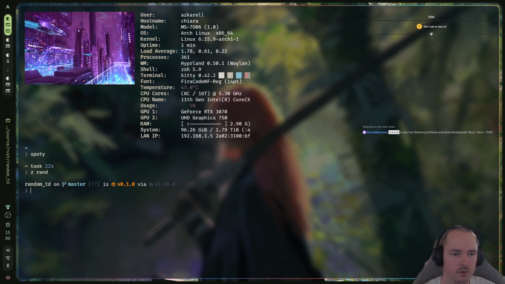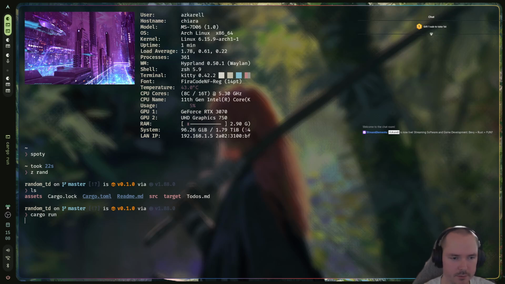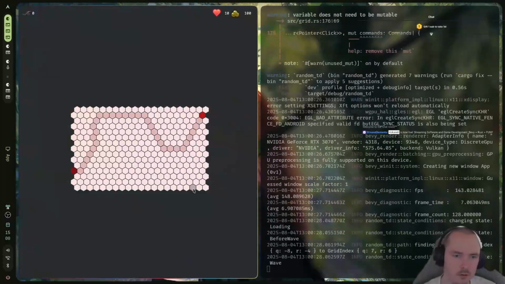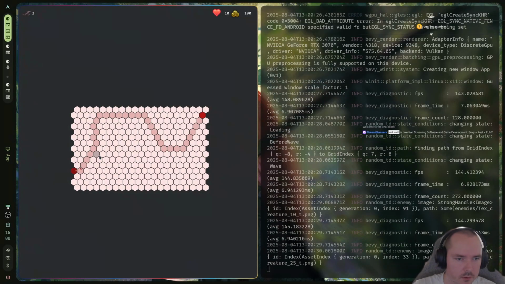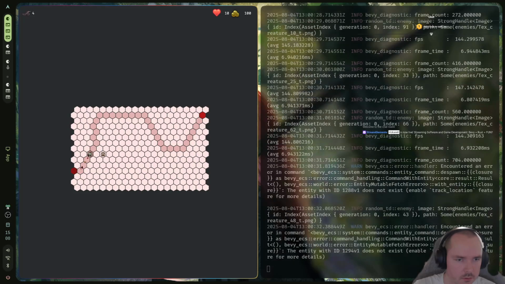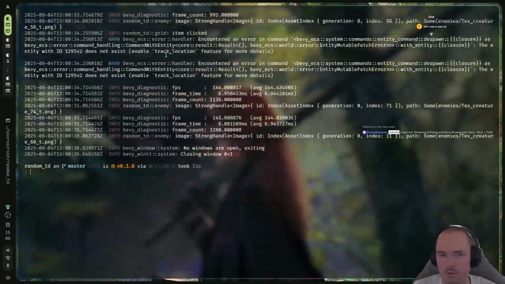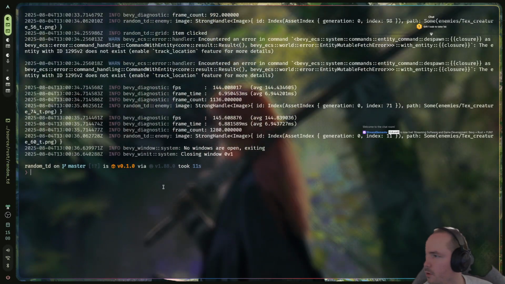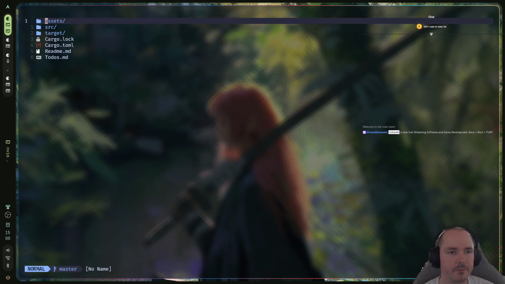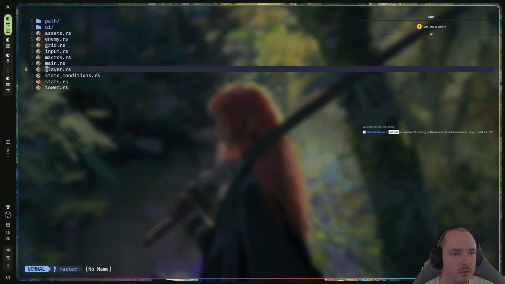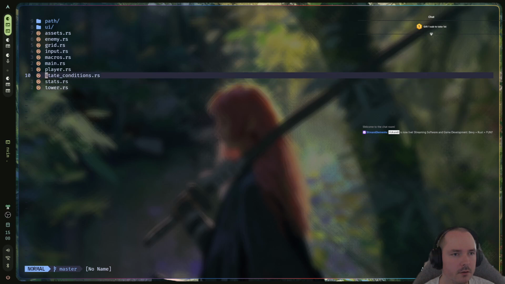So let's see if it still compiles. Actually, that looks kind of good, and yeah, that's the weird part, but okay. So let's get into it then. So, let's check